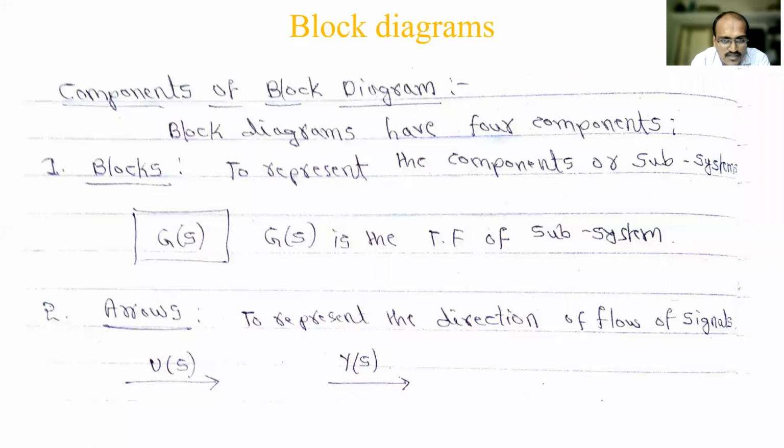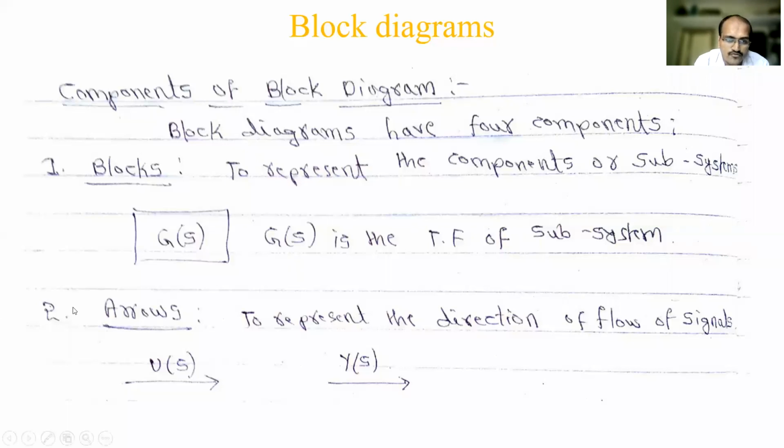Since it is the beginning, I am using G(s) everywhere, but when solving problems we will neglect that because it will consume our time. We know that the transfer function is the ratio of the Laplace transform of output to the Laplace transform of input, so when we say Laplace transform, the s term will be associated with it. When we say time domain, t will be there, like i(t), v(t). So G(s) is the transfer function of the subsystem. Blocks you understood: a rectangular or square box, inside which letters like G, H are written, indicating the transfer function of that system.